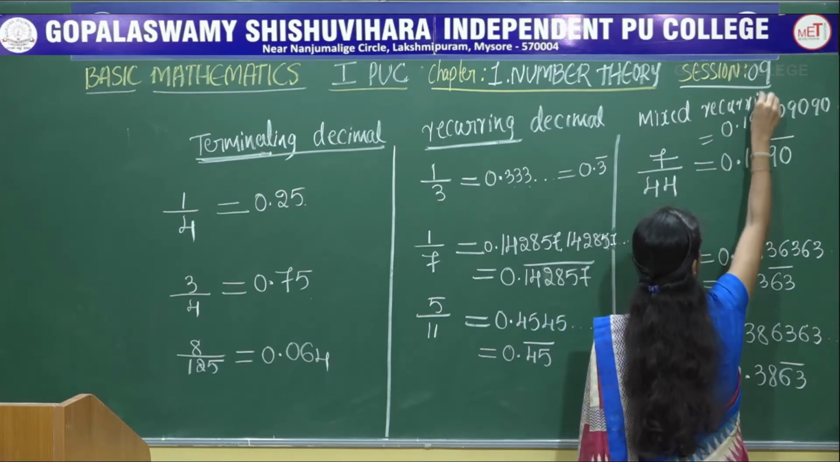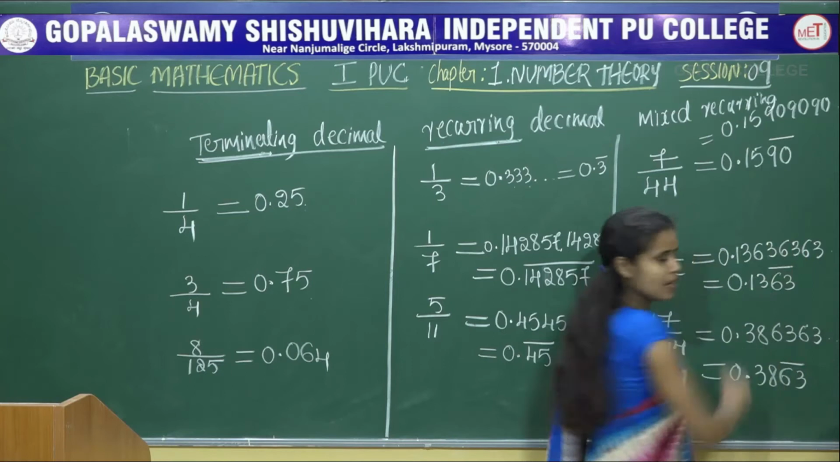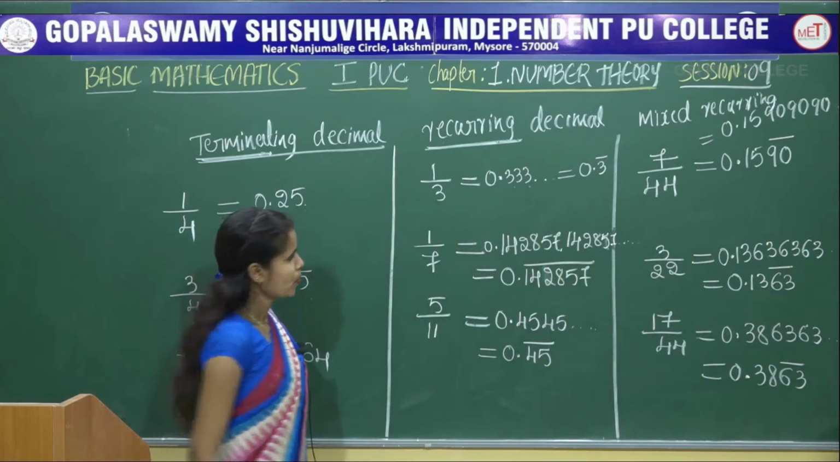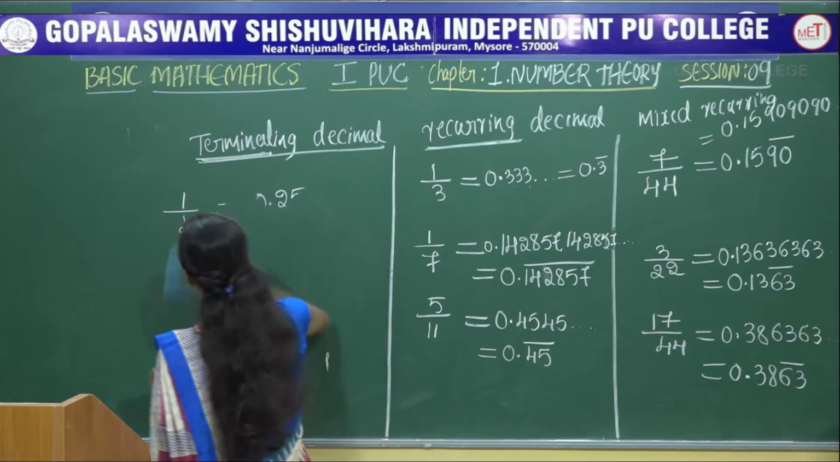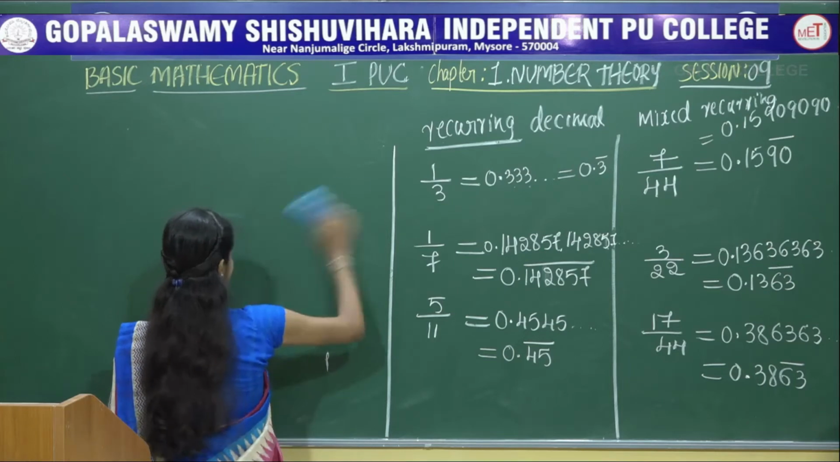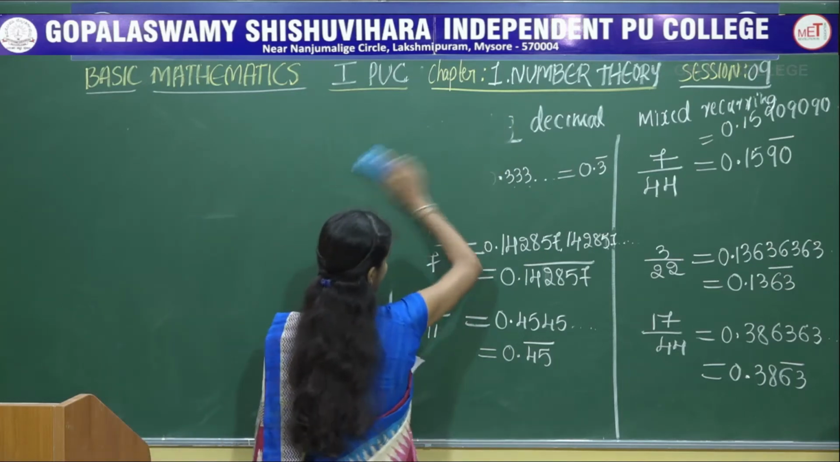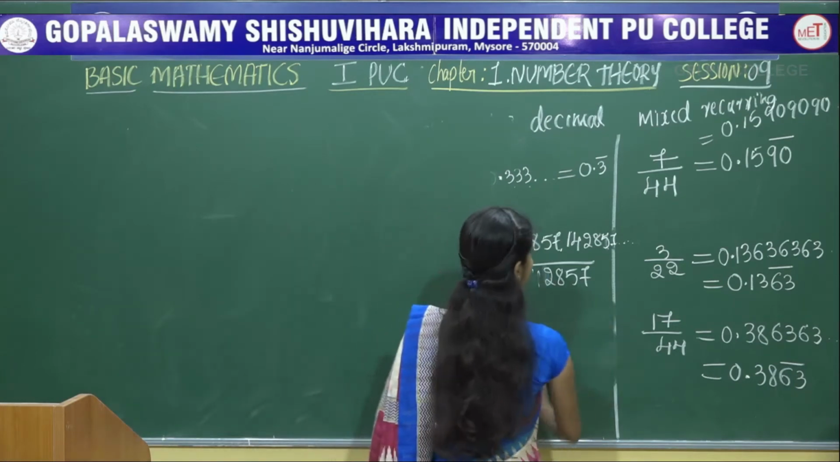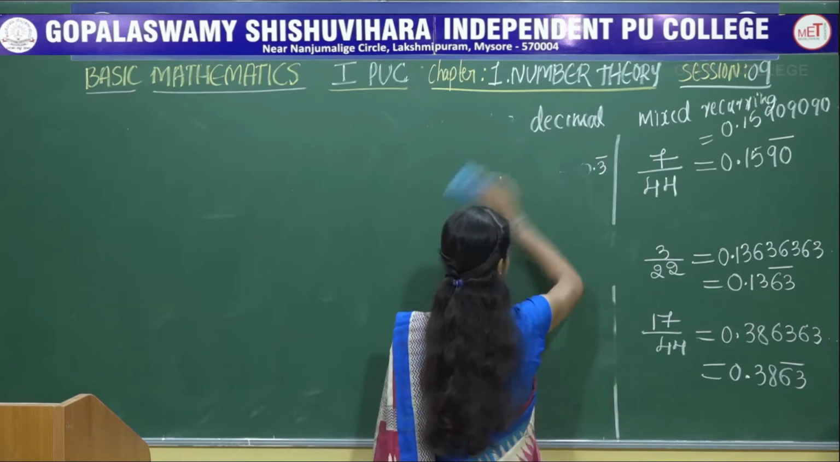Mixed recurring decimal expansion. Okay. We have a formula to easily verify whether a given rational number has a terminating decimal expansion or a non-terminating, recurring decimal expansion, that is